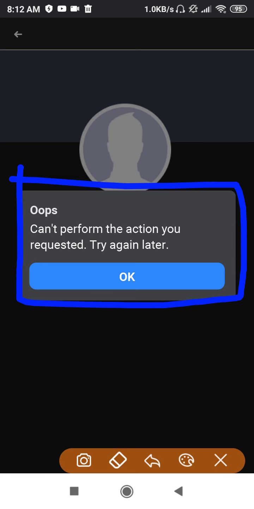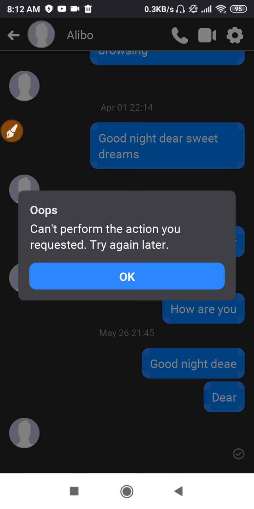For example, if you click OK here and try to go to their profile again, you will get this problem: can't perform the action you requested. That means that person has blocked you, or has lost their account, or their Facebook has been disabled. There are many reasons behind it.